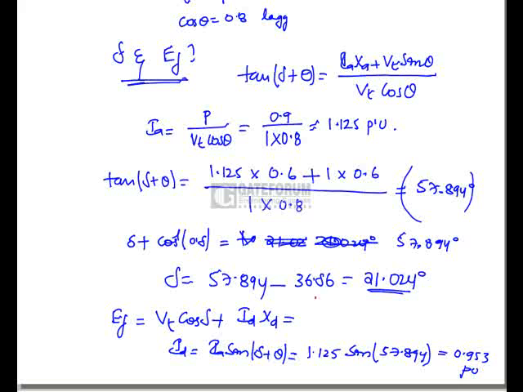Which is equal to 0.953 per unit. Now substitute here: Vt value is 1, cos delta is cos 21.024, we got Id as 0.953, and direct axis reactance Xd is equal to 1 per unit. We will get the excitation voltage, or you can say the generated EMF, EF, equal to 1.8864 per unit. So option is